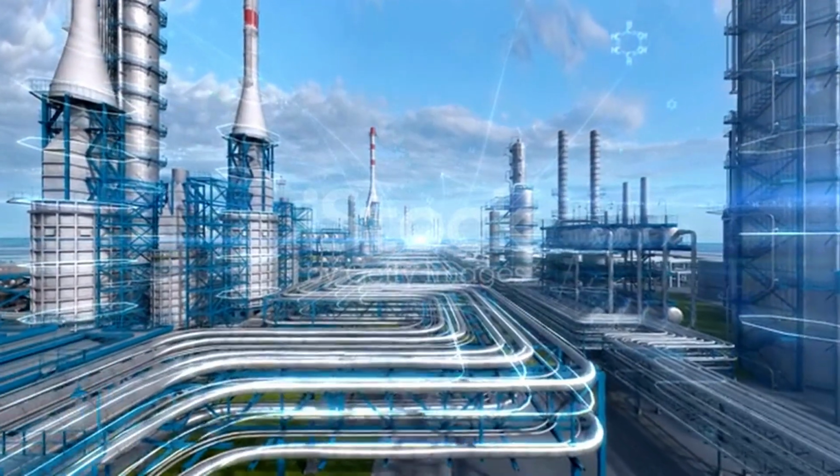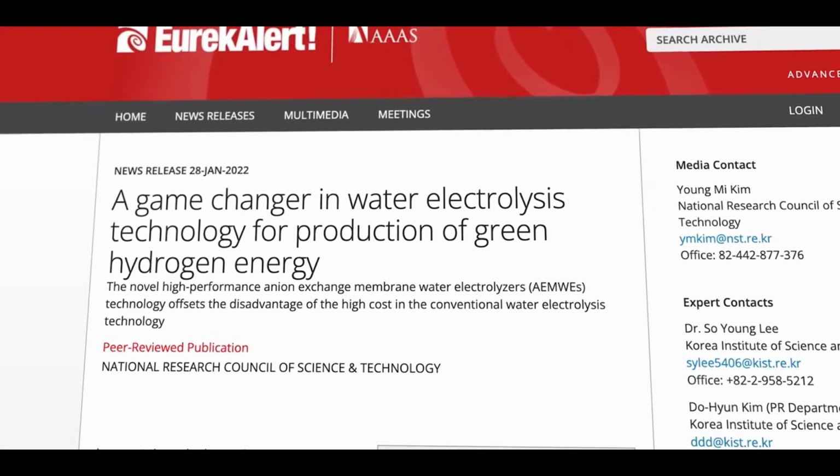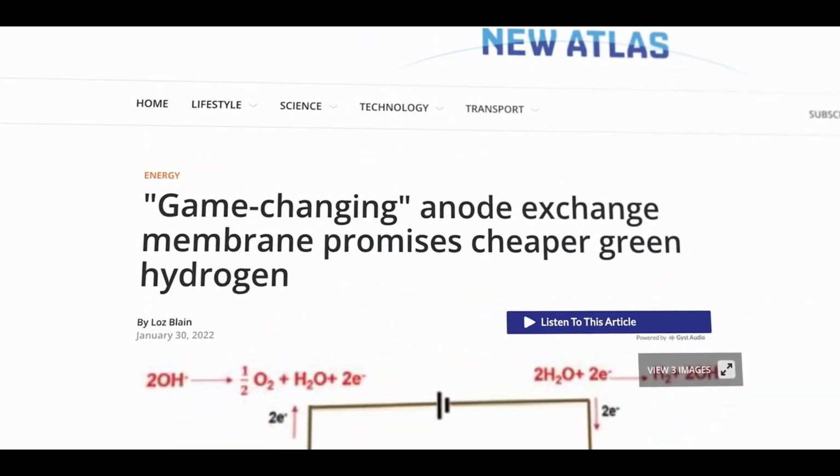Of course, Hysata isn't the only one in the electrolyzer improvement race. A team from the Korea Institute of Science and Technology, KIST, says that it's tested a new type of membrane that solves the corrosive problem in electrolyzer production. As I mentioned,